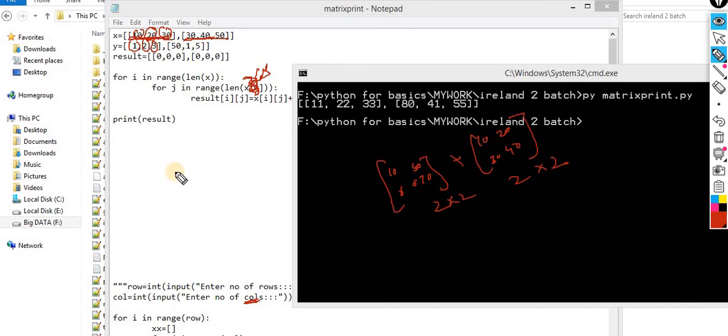When you are taking input from the user, the exact value is up to the user. It can be 2, it can be 5, it can be 8. So at that time you are supposed to pass a variable over here, that is the column, because you are supposed to execute every column. For row 0, you are supposed to perform every column. So that's why I took the length of x of 0. You can take 3 as well. In the dynamic case, you just pass the column variable over here. That's it. So any question?